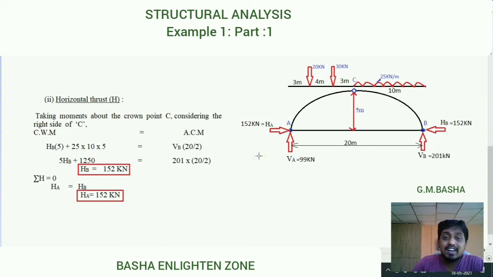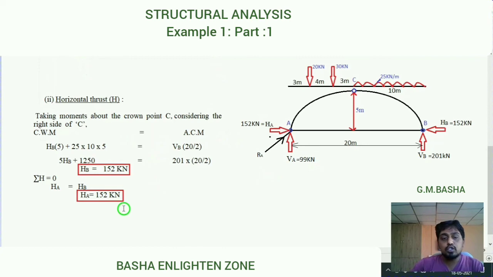Okay, then move to the resultant reactions. What is the formula for the resultant reactions? Where do you have to find the resultant reaction? Here we have to find the resultant reaction at this position. The resultant reaction at A will be equal to the square root of HA square plus VA square. RA square will be equal to HA square plus VA square, so RA will be equal to the square root of HA square plus VA square. That is the formula for the resultant reaction at both A and B.